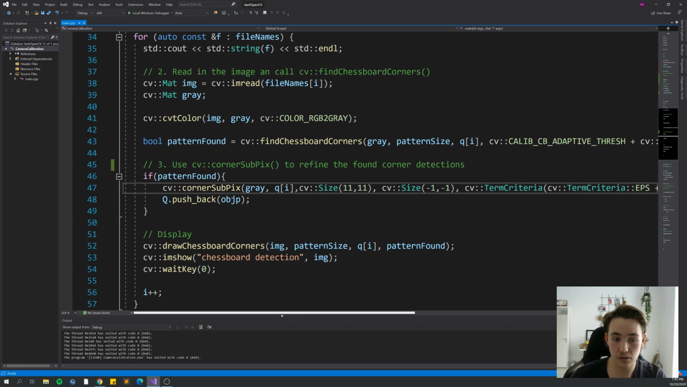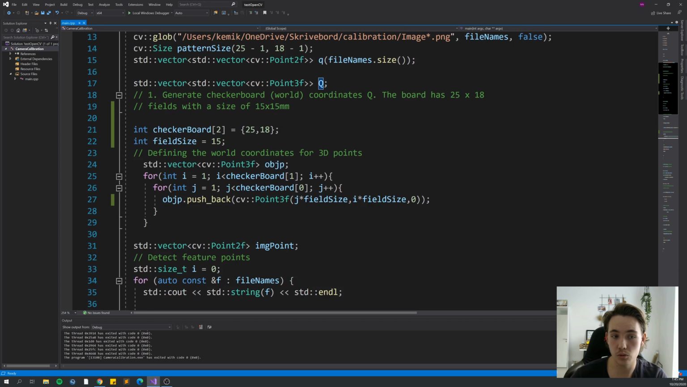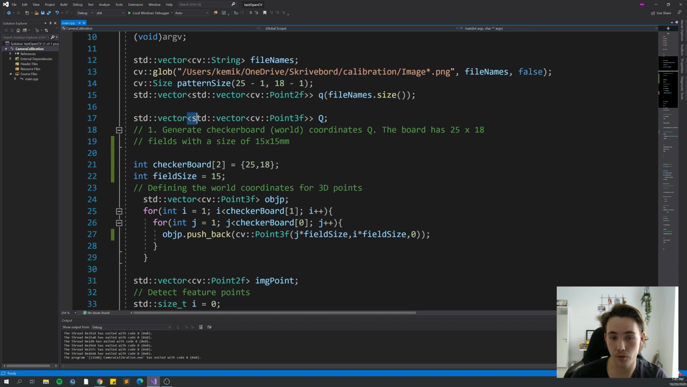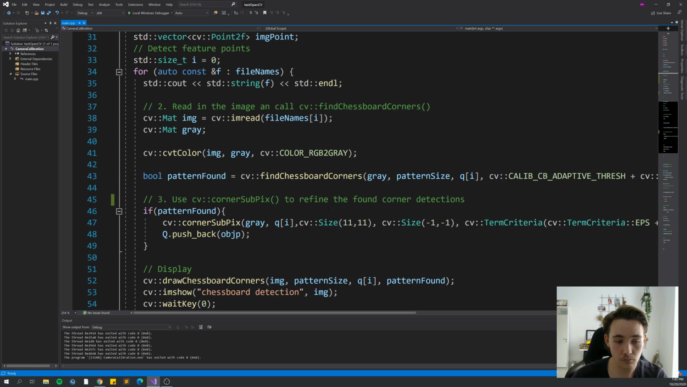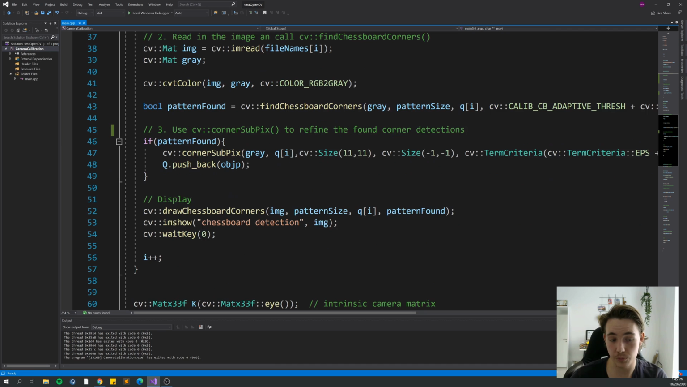So this function just takes the grayscale image and then the image points that we're going to use for actual calibration. And if we found a pattern, we also want to push back our object points, our world coordinates, into this q vector, where the q vector was the points, the world coordinates for our checkerboard. So when we have found all the corners and we have done all this,